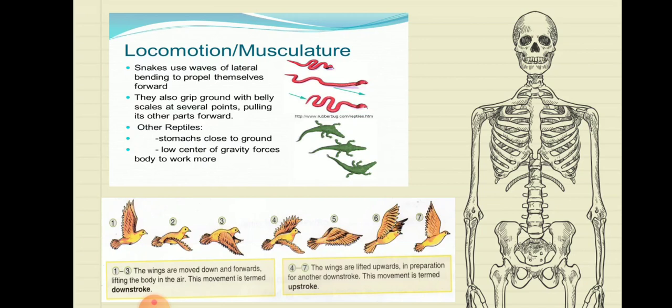So when a bird is moving, when it covers its body with the wings, that's known as downstroke. When it lifts its wings upwards, it's known as upstroke. So this movement of the wings up and down helps them to move further and to fly in the sky. So this was all about the different organisms which we found around us,